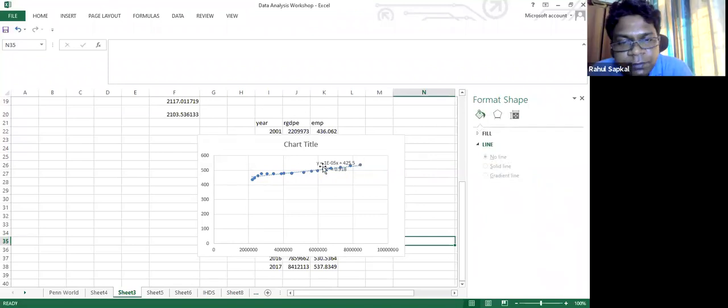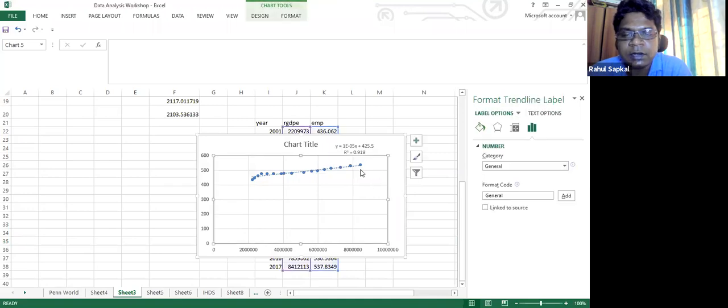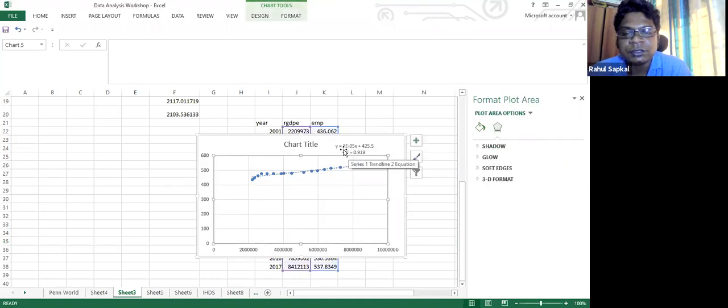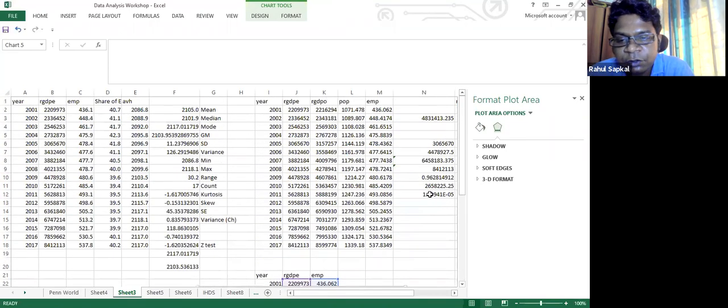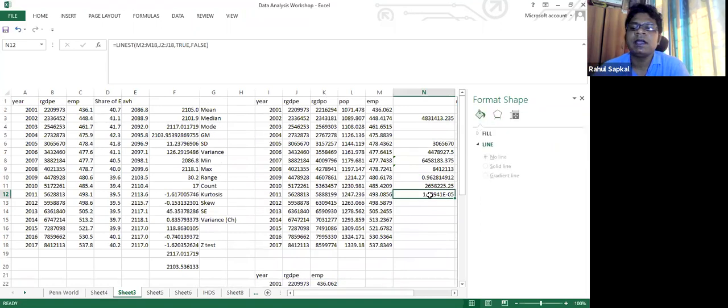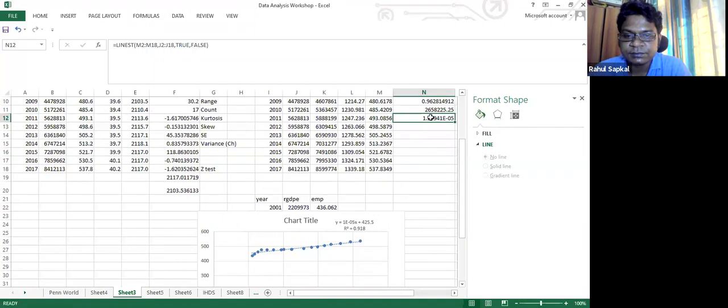So can you see now my linear regression is here. I have not made any assumption so far about y and x, so it will show you both your R square value and this one. Now this 1e.0, have you seen this value? This is my beta coefficient, which is exactly the same value as the one I got from my linear estimation. You see these two values are the same.